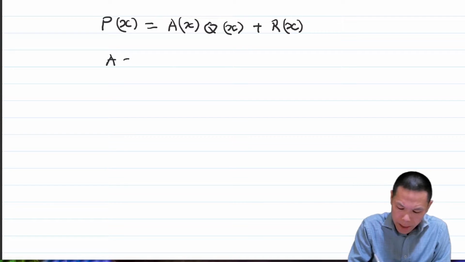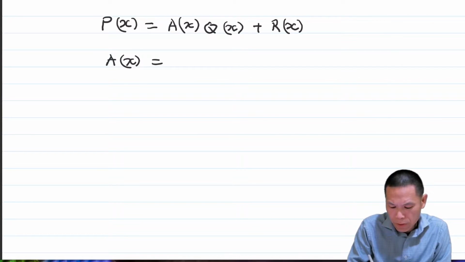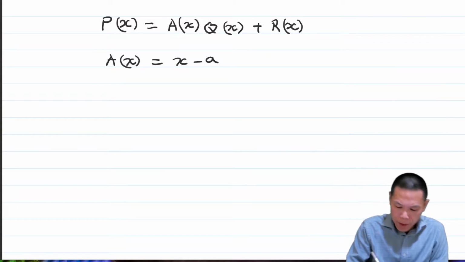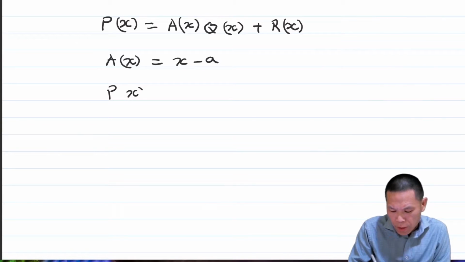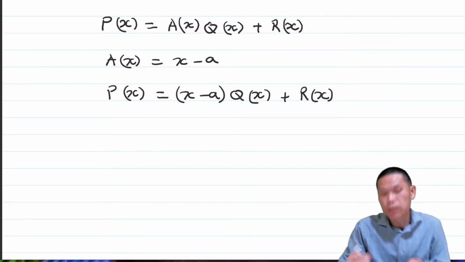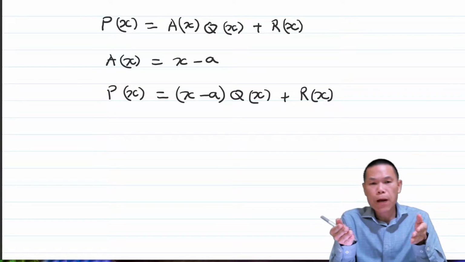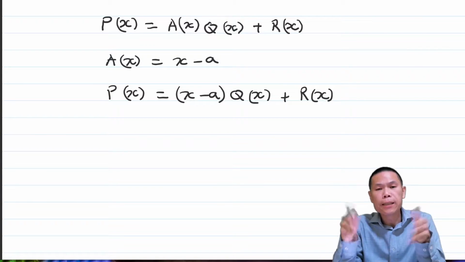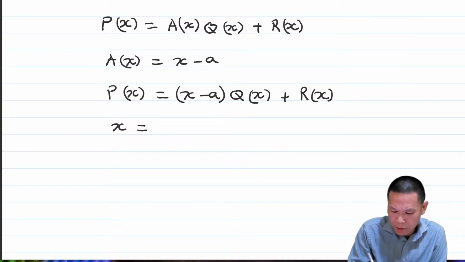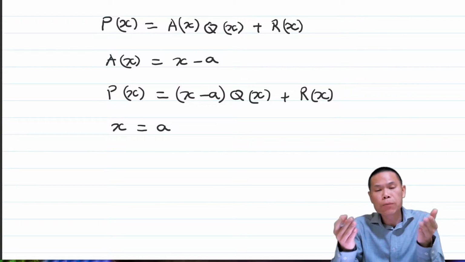So the polynomial can be expressed as x minus a times q of x, plus r of x. Now, let's say x is equal to a. So this means that